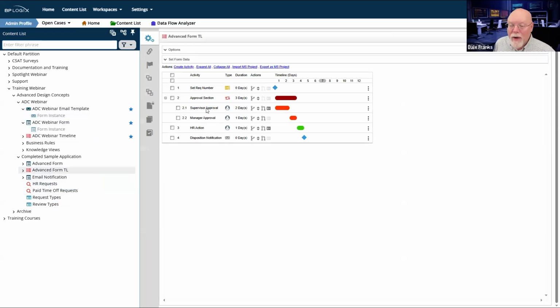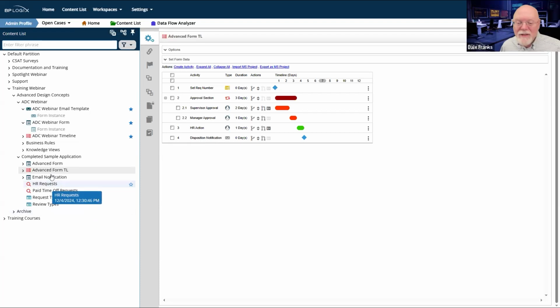So I have supervisor approval, I have manager approval, I have HR action, and then I have one that says disposition notification. Since this is the only activity that says disposition notification, that activity is unique.